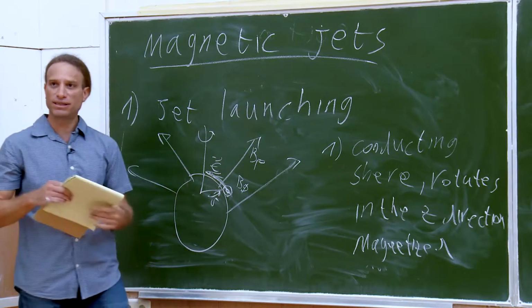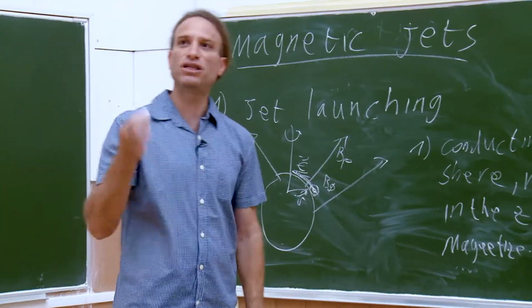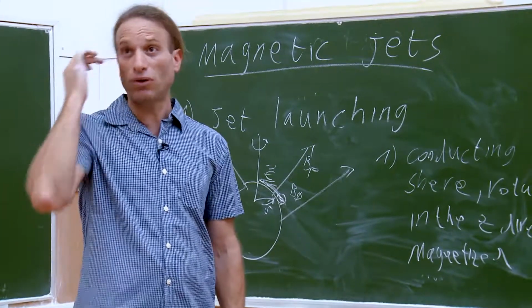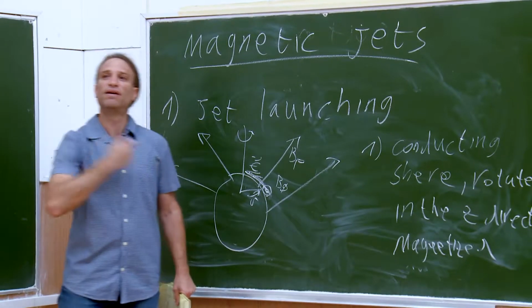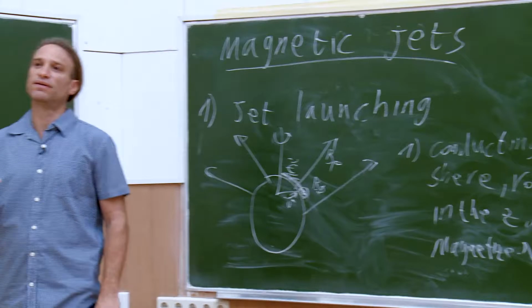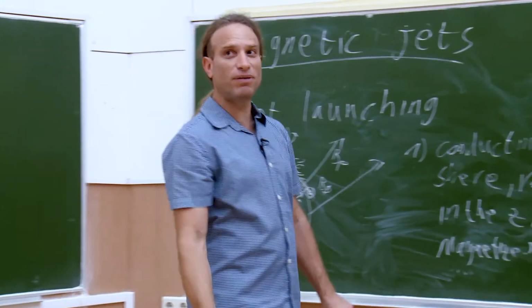So all I need is a sphere with magnetic field that spreads out, and the sphere needs to be an infinite conductor or a very highly conducting one. I need to rotate it at fast velocity. Yes? What happens in the case of a black hole? In a black hole, you don't really have a sphere, but you have a frame dragging.